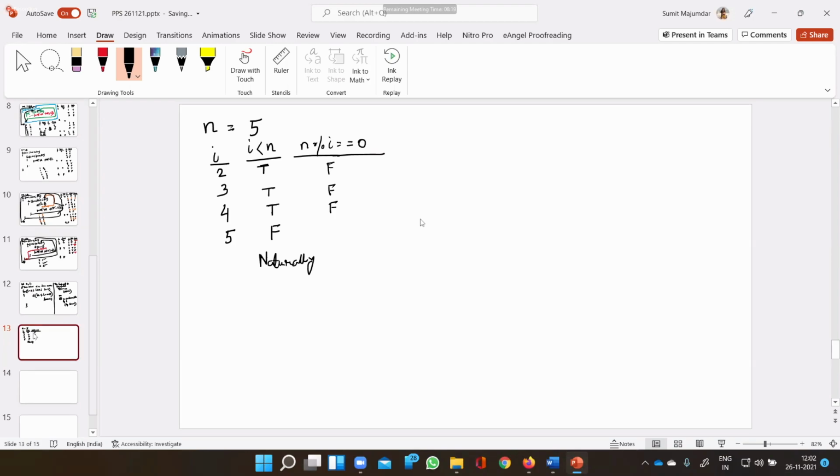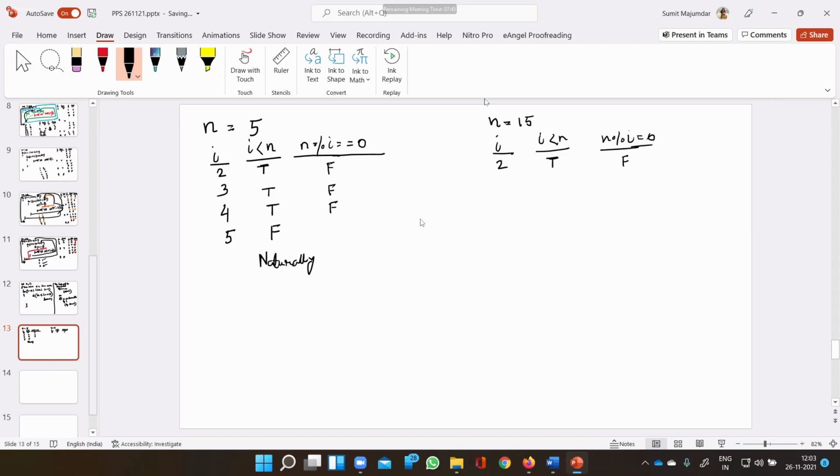Next, suppose the n value is given as, let us take 50. I value is 2, I less than n, n modulus I equals to 0. I will be 2. This condition will obviously be true, and this condition will be false.